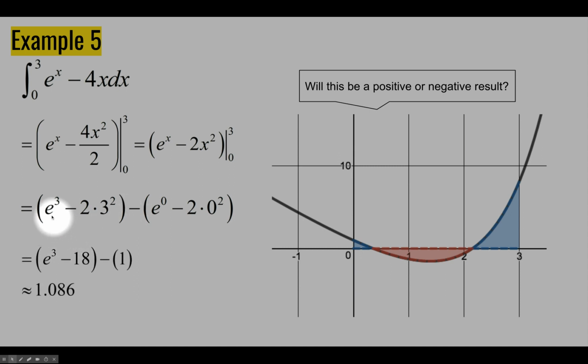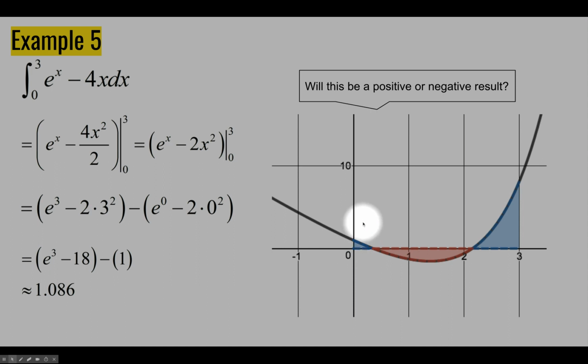So what I get here is e to the 3 minus 2 times 9. 2 times 9 is 18. Here I get e to the 0 is 1 minus 2 times 0. So 1 minus 0 is 1. When I put this into a calculator, I end up with 1.086. It's positive, which tells me over here on the graph that the blue area, which is positive, is a